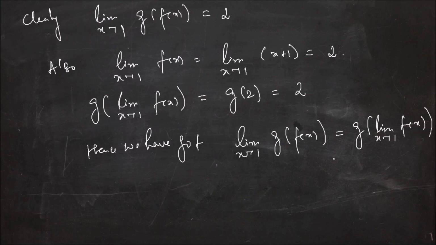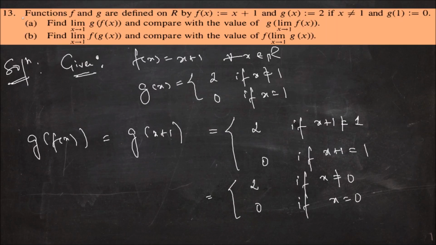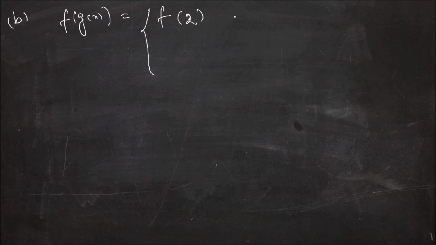Now let us see part (b) of this question. In part (b) we have to find the limit as x tends to 1 of f(g(x)) and compare its value with f of the limit as x tends to 1 of g(x). So let us first find f(g(x)). So f(g(x)) is equal to f(2) if x is not equal to 1 and f(0) if x is equal to 1,